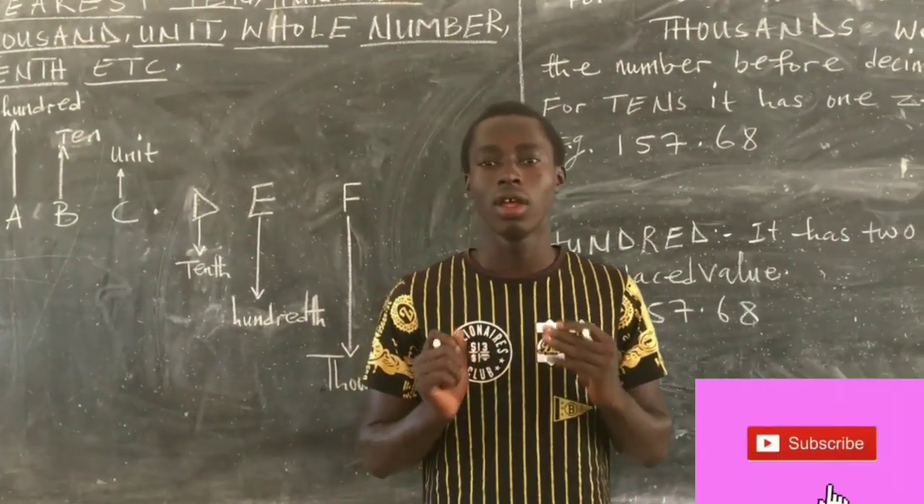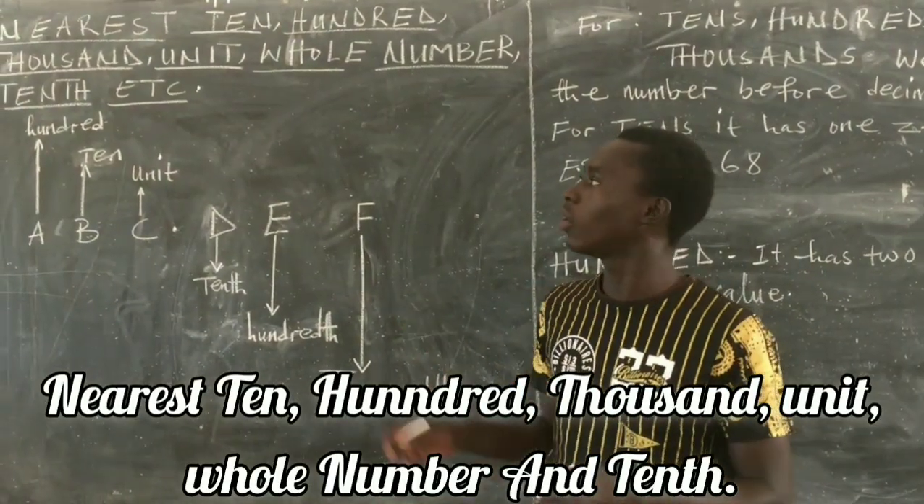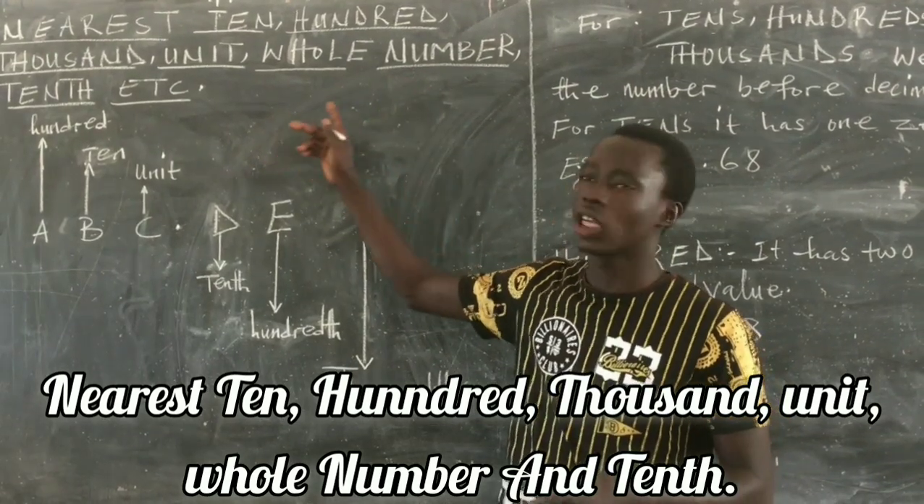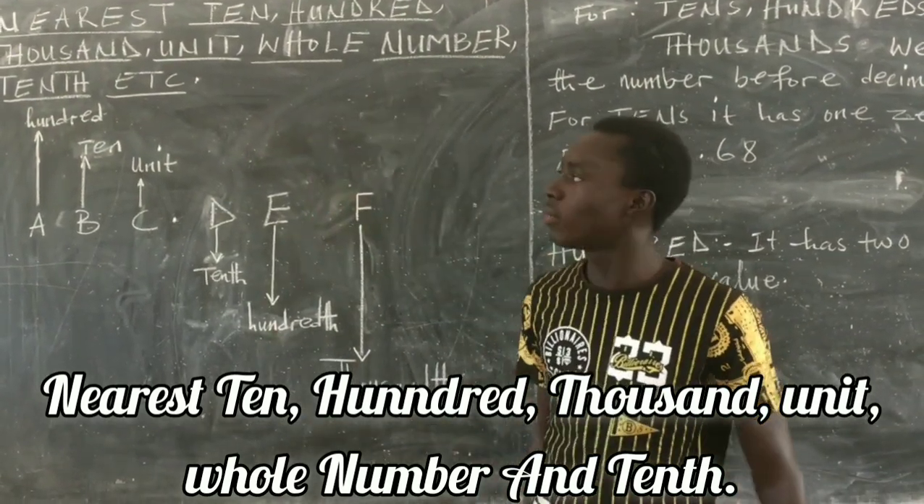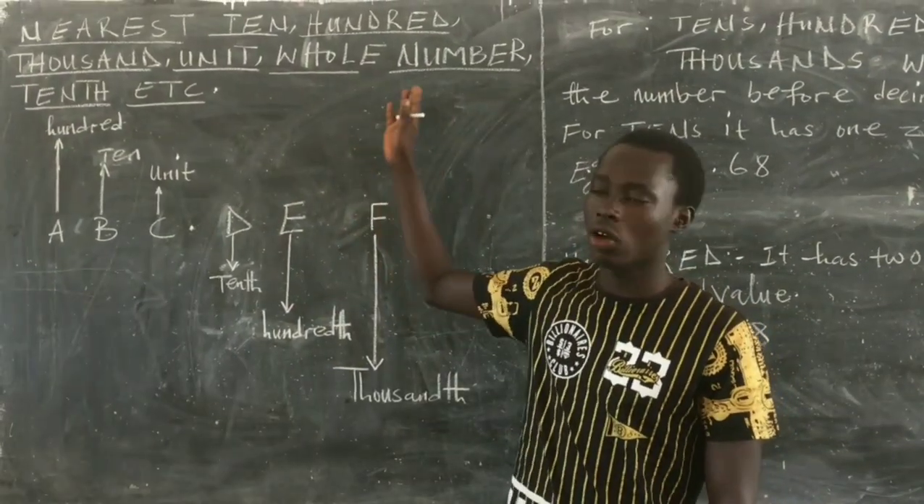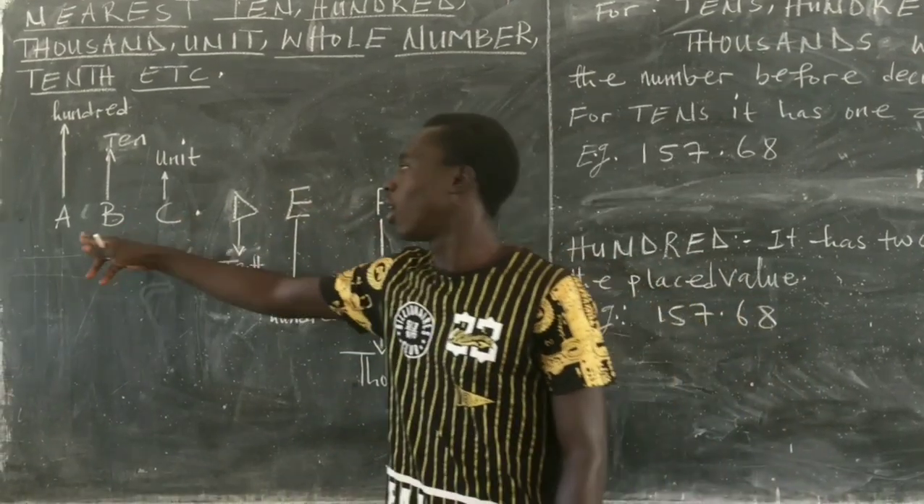Still on numbers, that is number system, round up and down, approximations. So today we will be dealing with nearest 10, 100, 1000, units, whole numbers and tenth. Now if you are dealing with nearest 10, whole numbers, unit and hundreds, you have to consider this, that is